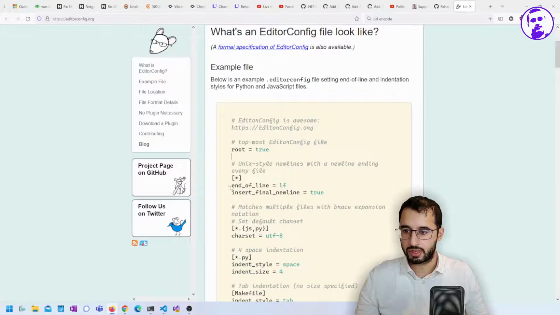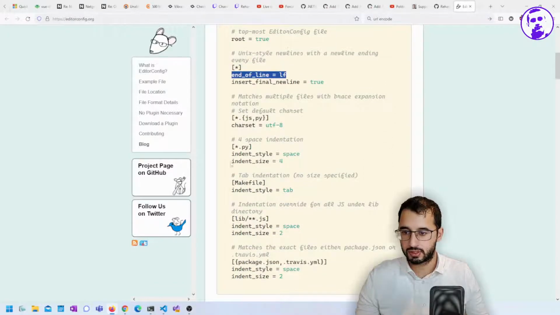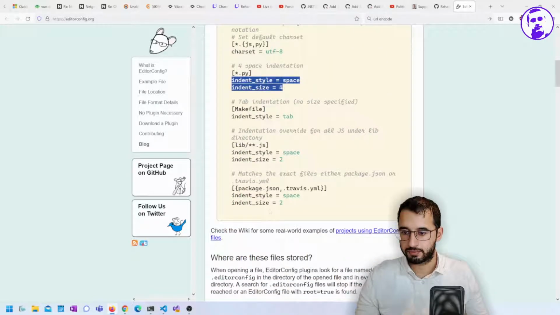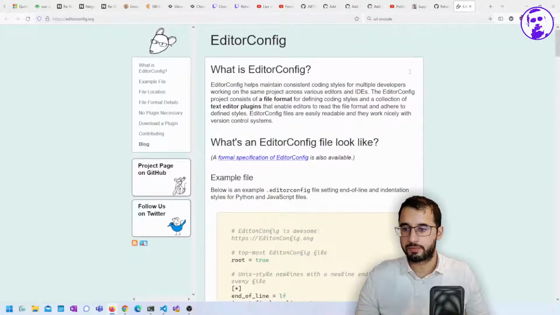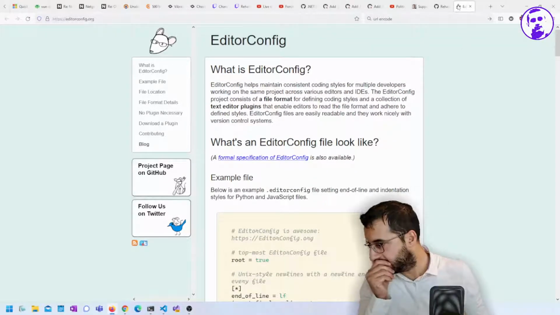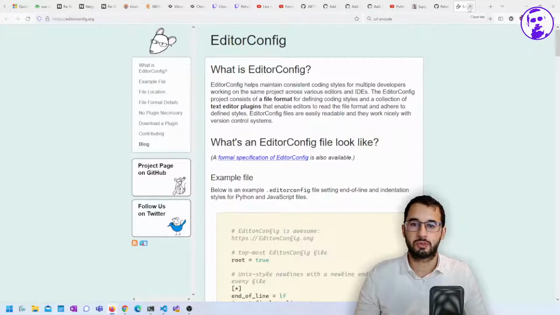And it allows you to do things like set the line endings, the char set, the indent size, for different file types as well. So you can do YAML files and JSON files. I want them to be indented by 2 spaces and so on. Microsoft took this a bit further,